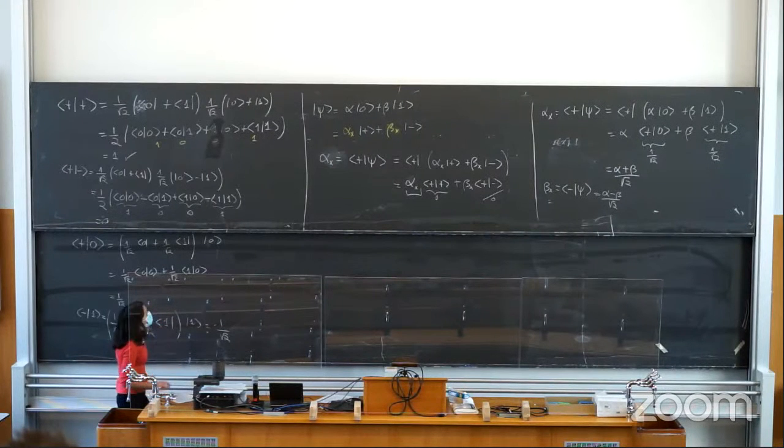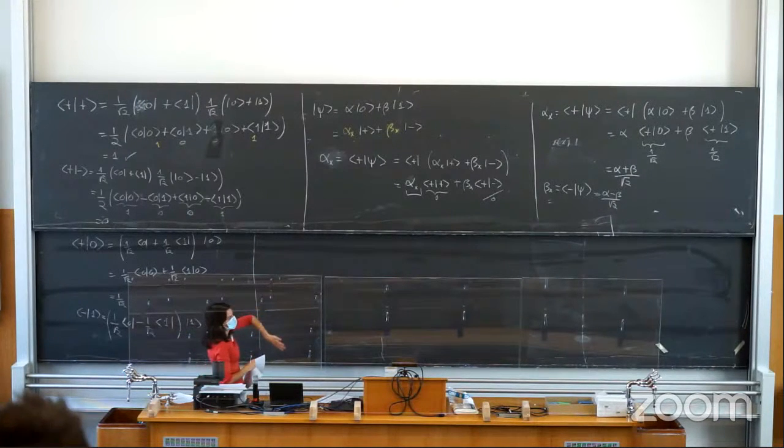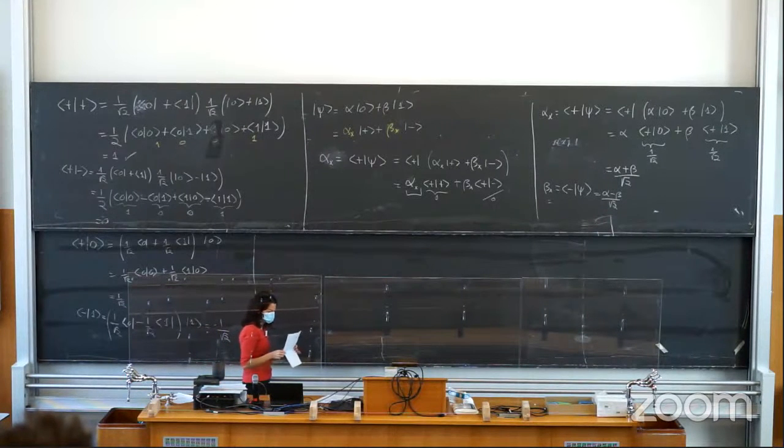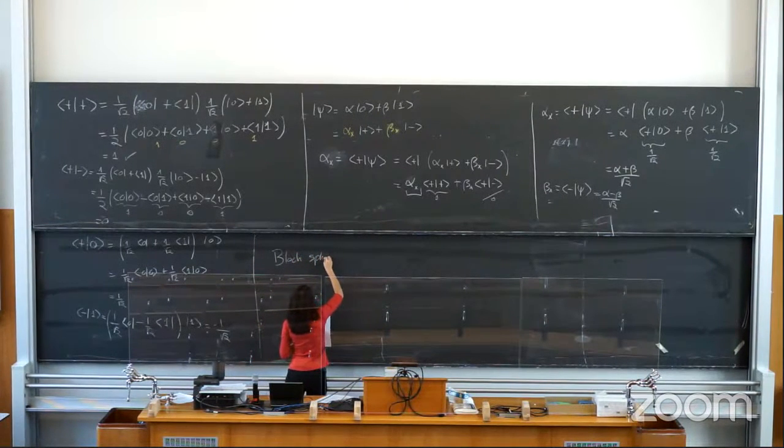Good. Why are these bases called X bases and Z bases? That's because physicists worked out a representation of a qubit as a ball, as a point on a ball. And this can be useful to visualize some things like dynamics will become rotations of this ball and measurements are projections and so on. We'll talk about it later, but just to give you an idea, the thing you'll do in the exercise class